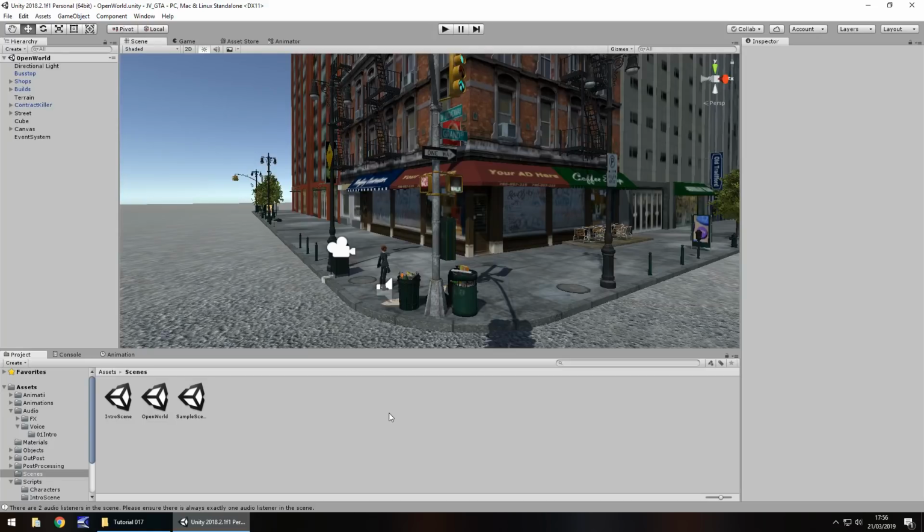This is how to make a Grand Theft Auto style game in Unity, and welcome to episode 17. In this tutorial, we're going to take a look at linking scenes together, and we're also going to create a scene startup script, which means that we can run a little bit of a sequence before we actually get to a playable area. And this is generally what would happen when we come out of a cutscene.